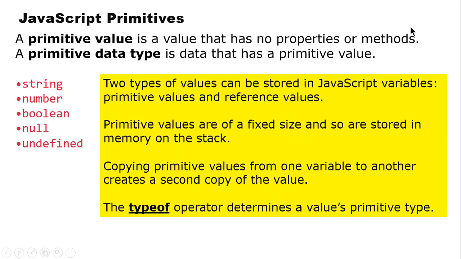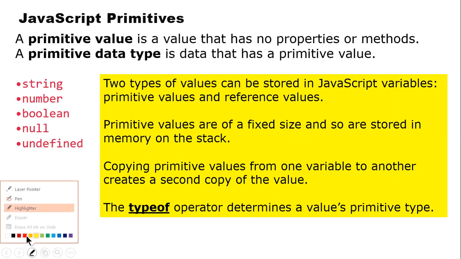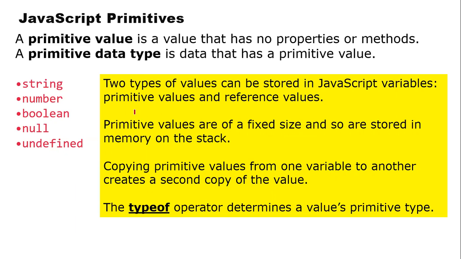Now remember, these primitive data types don't have properties or methods. What do we mean by properties and methods? For example, in the last class I was telling you about the array. Once I declare an array, it has a property available called the length property. That length property can be used to find out the number of elements present in an array. So that's what we said there.